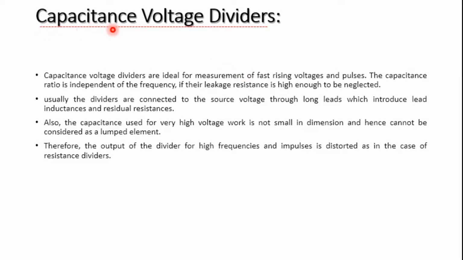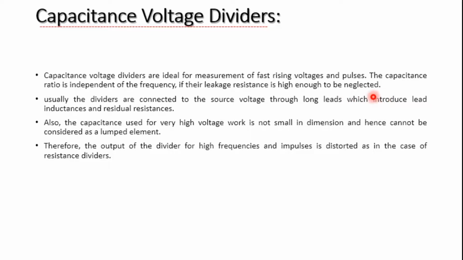Next concept is capacitance voltage dividers. These are ideal for the measurement of fast rising voltages and pulses. The capacitance ratio is independent of the frequency, and in the case of capacitance voltage dividers, the leakage resistance is high enough